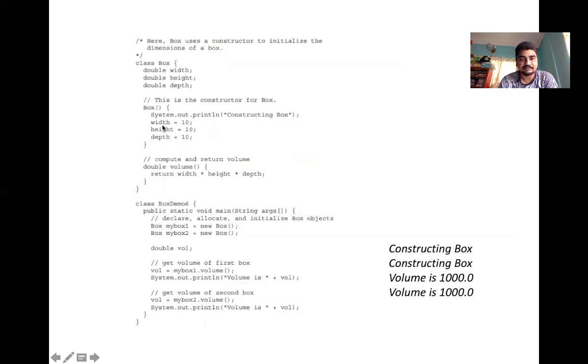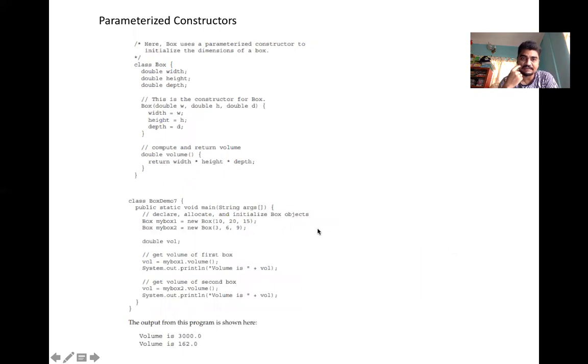Now in the Box constructor, say I'm defining width equal to 10, height equal to 10, and depth equal to 10. There is a method called volume. Now if I call new Box, it will allocate memory and call the constructor having all these height, width and depth values as 10. So it will initialize with 10, 10, 10. My box 1 and my box 2 will be created with 10, 10, 10 initialization. In this way, you can create two separate volumes, and these two separate volumes are displayed here.